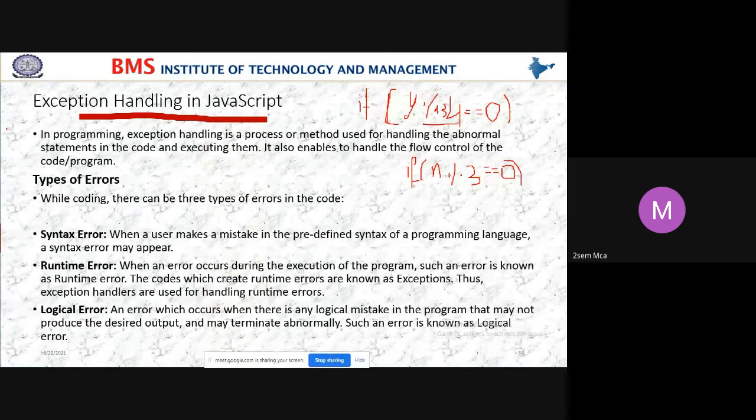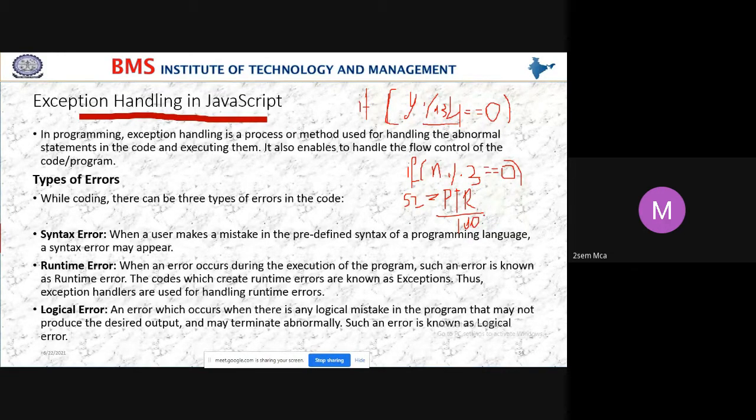So what is the formula to find simple interest? SI is equal to PTR by 100. Correct? Yes, students, this is according to the logic. If I just write SI is equal to PT divided by 100, is it correct according to the logic? No, students. To get the desired output, we have to follow the same logic.